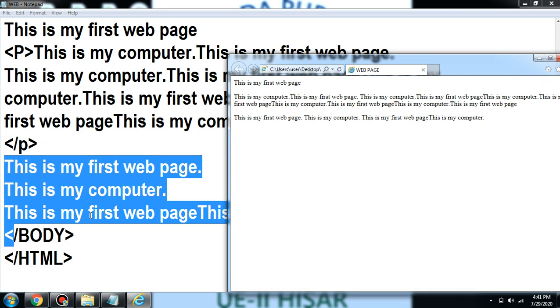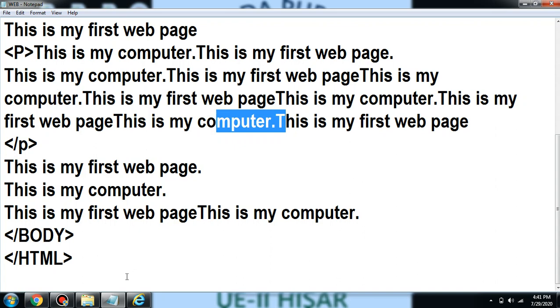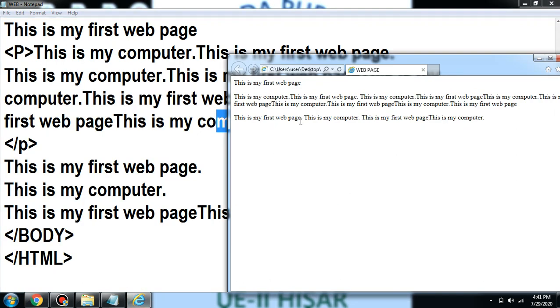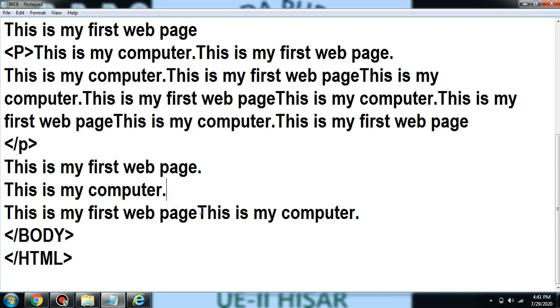Here it is in 4 lines or 3 lines, whatever, but here it is showing in a single line. So in HTML, if you want to insert the text in a new line, you have to use the BR tag. BR stands for breaking rule. You can write it in capital letter or small letter, whatever. Now I am saving it. I am again writing the BR tag. Where you will put this BR tag, automatically the text will come in the next line, although here I am writing in the same line.